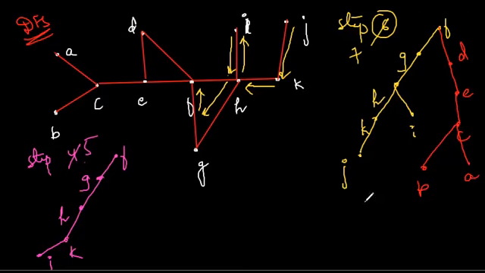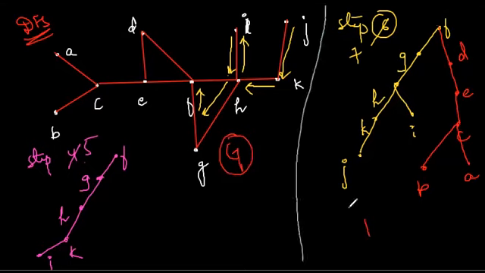So this entire thing, if the graph is G, then this over here is the graph H, the tree H or the subgraph H, which contains, if you notice, let's see whether it has all the vertices A, B, C, D, E, F, G, H, I, J, K. Okay, it has all the vertices, there are no circuits or cycles, and this is the tree obtained by using the DFS, that is depth first search algorithm.